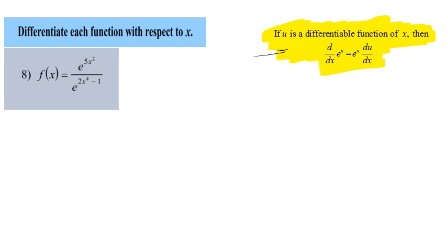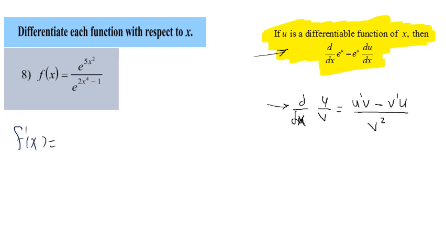This is the rule for the derivative of the exponential, but I'm going to write here the quotient rule. The derivative of u over v is u dash, the derivative of the numerator, multiplied by the denominator, minus the derivative of the denominator multiplied by the numerator, all over the square of the denominator. So f dash of x is equal to